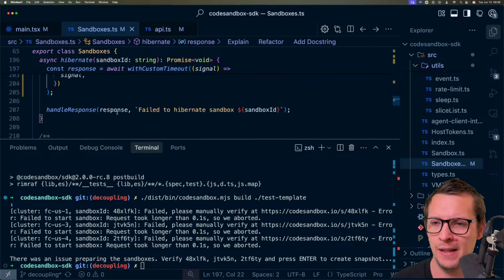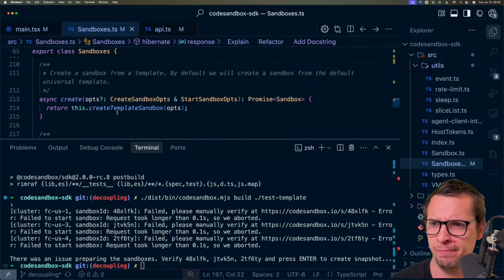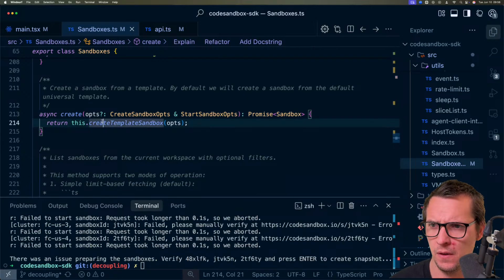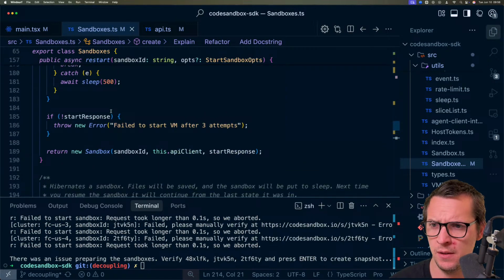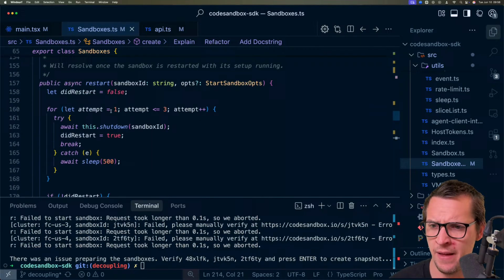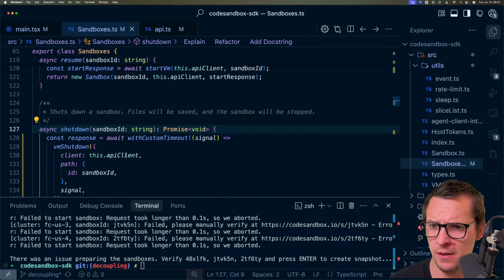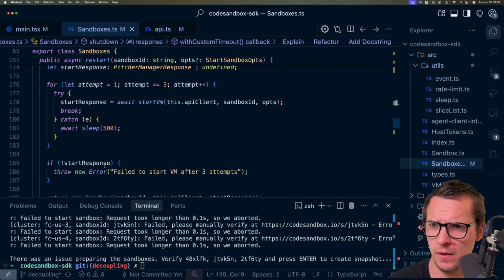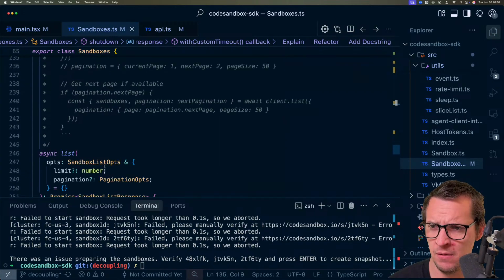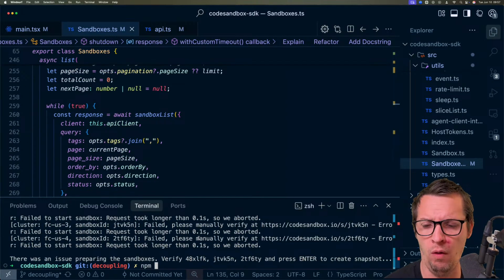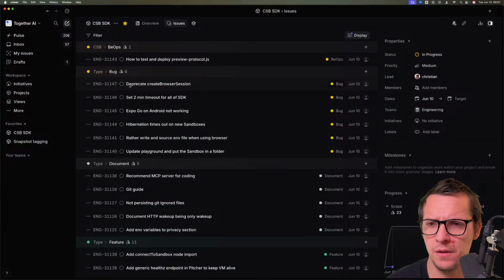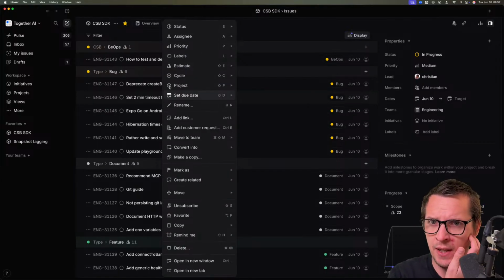I'm still not back in shape. Let's see. Okay, so we do that on hibernate. And then I think we can actually do it here as well. Oh, we do say this shutdown, and that has a custom timeout. Okay. Cool. I want to say that's actually fixed now. So one thing though is how are we gonna, yeah, this is nice. So now we can say